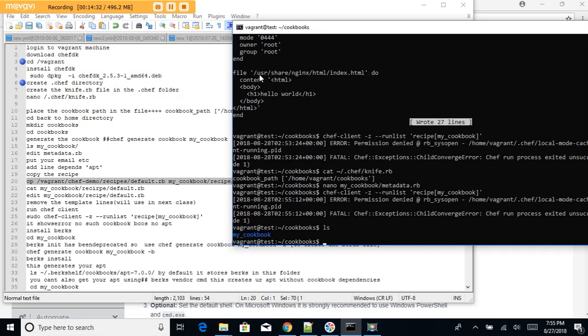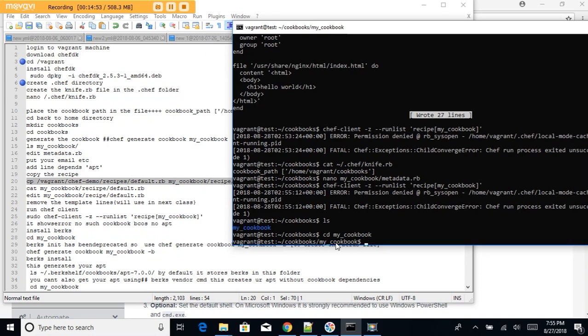We need apt to install nginx. So to get apt, to generate the apt folder, what we can do is go into my_cookbook, then just issue a command called